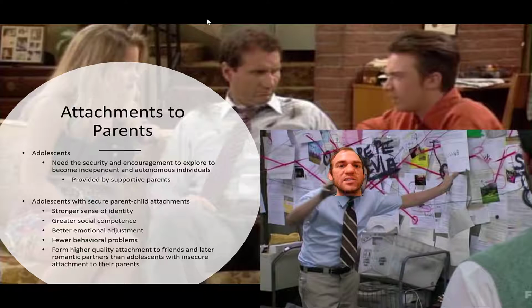So like everything in this class, it's important to know the quote-unquote seminal work, but also be aware of the limitations of WEIRD studies. And also consider the fact that not only these kinds of attachments, but these larger networks of individuals, of family, of extended families, and also public policy can contribute to better emotional adjustment and fewer behavioral problems. So if there are more opportunities for counseling, you can imagine a scenario where there's a public policy for free counseling for all children or something along those lines,